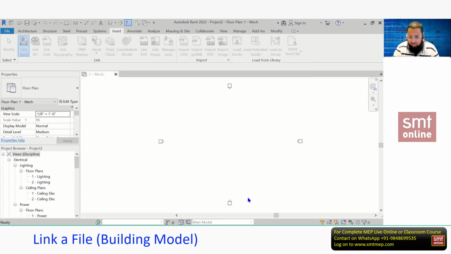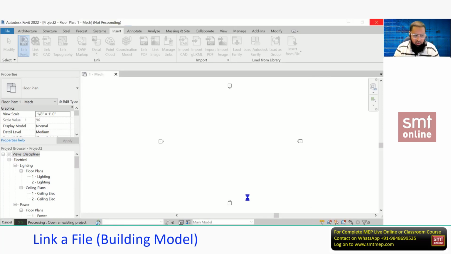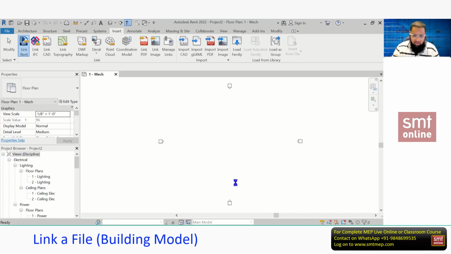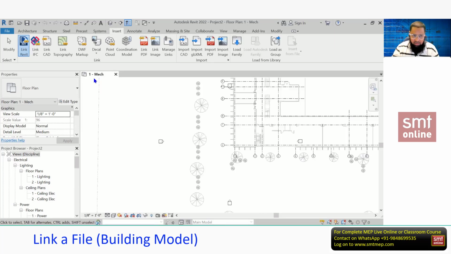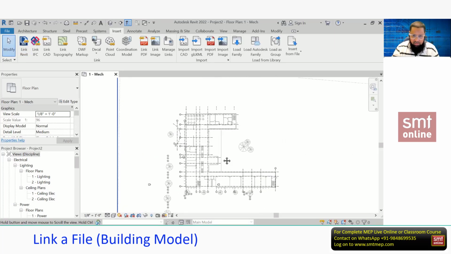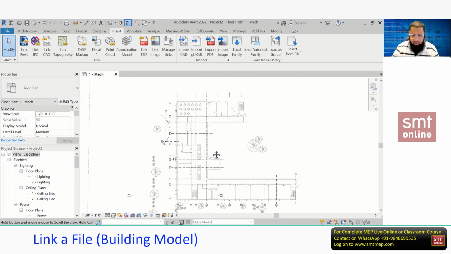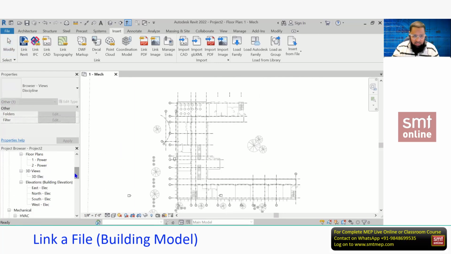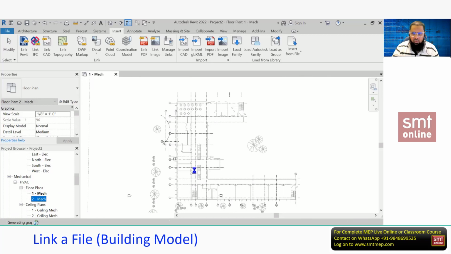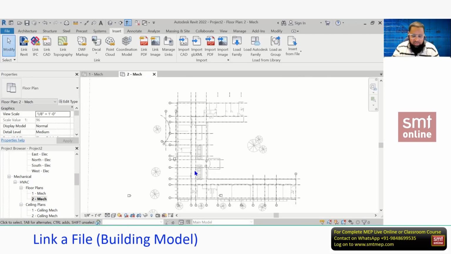When you click open, it is going to link in the project, and you can verify on screen. It's loading. You see, I'm not opening, I'm going to link this. And when you link, you see in one mech, this is a current view. You can find this one mech, means the ground floor view. Similarly, if I open this 2 mech, you'll find the first floor plan. But as I said, this project is G+2, so where is the next second floor, or where is the roof plan that you need to add?